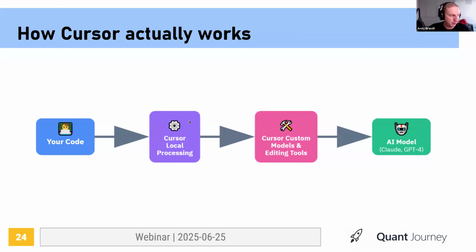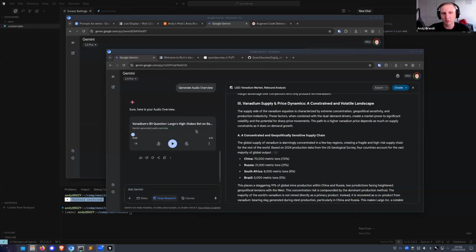So when you are using Cursor, you're actually using also some models that they have devised to make basically code editing possible. And this is, again, something great that they have done, and then other companies followed, which is actually make it possible for AIs to edit code, because what AIs cannot do is actually edit anything.